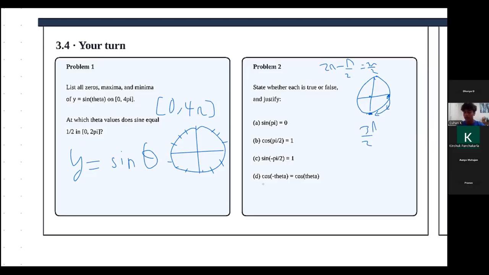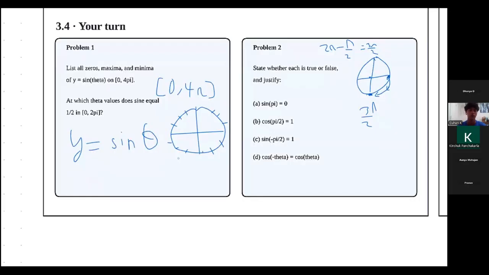I'll give you guys 3 to 5 minutes on these two problems, and then I'll explain them right after. So, till then. All right, I'll explain this in